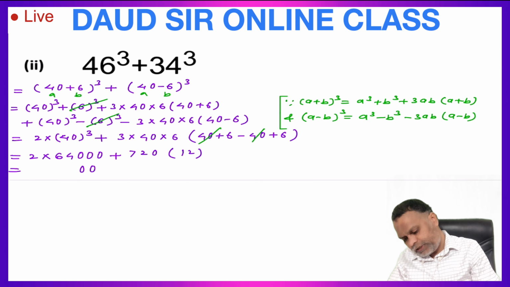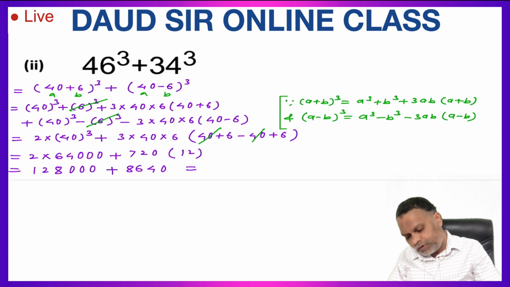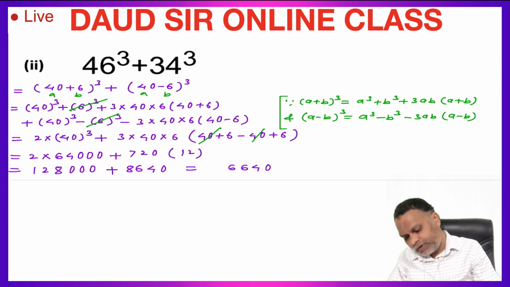Multiply by 2 this 30: 2 4s are 8, 2 6s are 12, plus 720 into 12: 10, 12 2s are 24, 2 12 7s are 84, 84 plus 2, 86. Add this: 0 plus 0 is 0, 4 plus 0 is 4, third digit 6 plus 0 is 6, fourth digit 8 plus 8 is 16, 6 and 1 carry, fifth digit 2 plus 1 is 3, and 1.